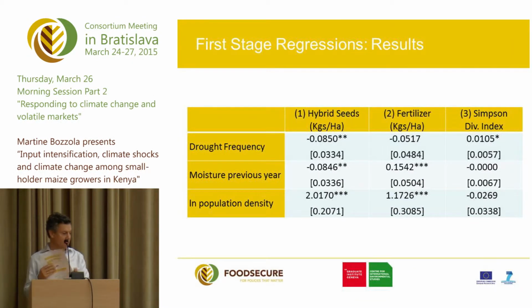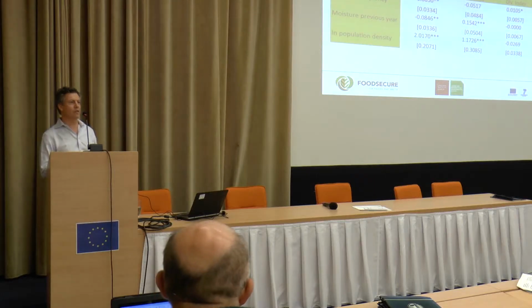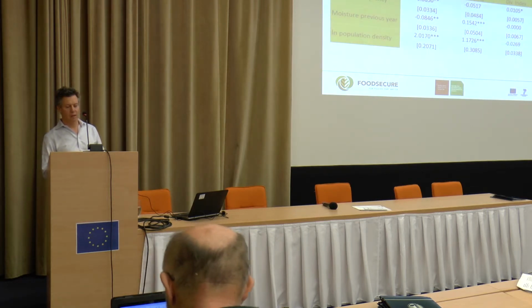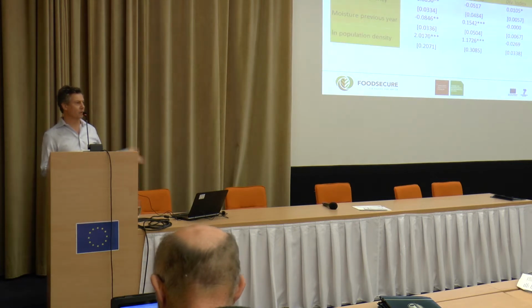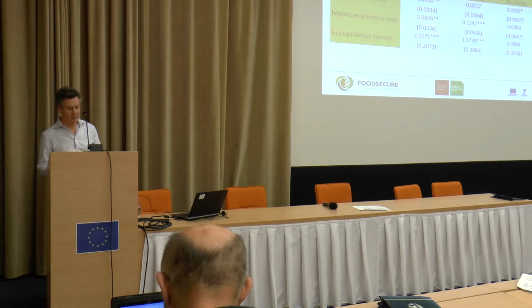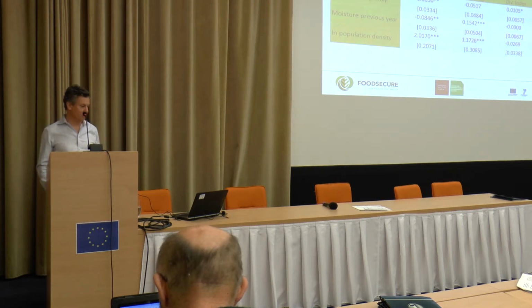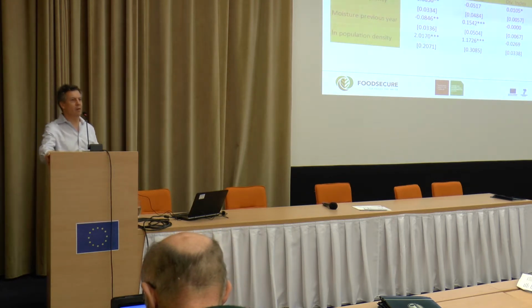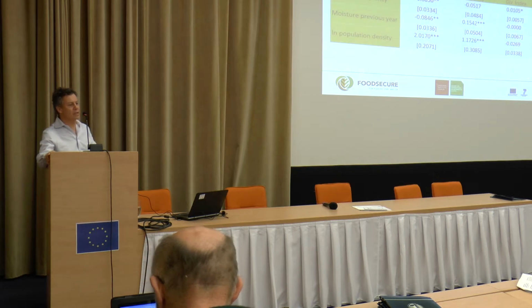So I'm just showing you an extract of the most relevant and interesting part of each of the two-stage estimations. Bear in mind that there are somewhere between, I think, 20 and 30 explanatory variables in most of these regressions, but I'm cutting that off so we can just look at these results. So in the first stage, we have two dependent variables representing intensification. That's the first two columns.